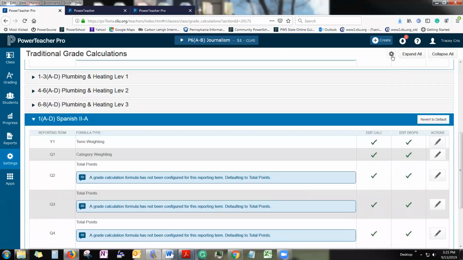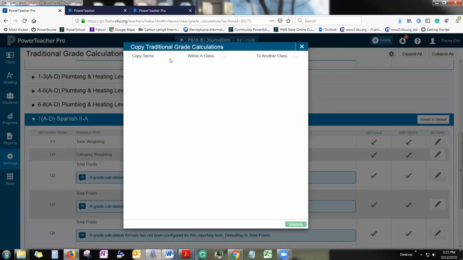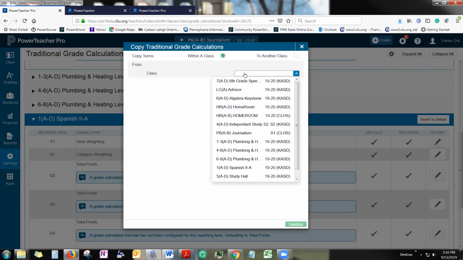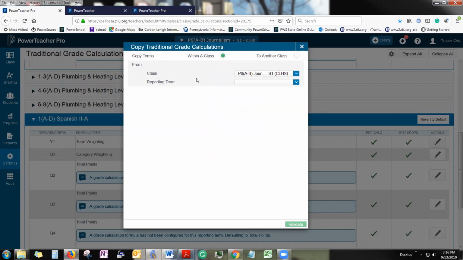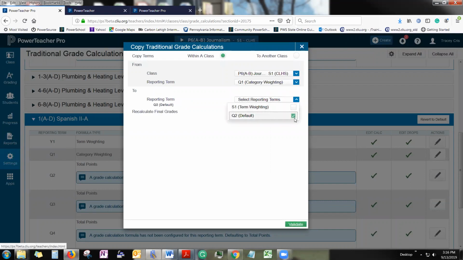And then what you can do is you can click the gear shift and copy, and it'll ask you within a class or to another class. And I always recommend you do at least one class first. Make sure it's how you want it for one class before you change it up for another class. So I'm in journalism, and I'm going to stay in journalism. And it's going to ask me what reporting term. It's going to be quarter 1. I'm copying from, and I want to copy to quarter 2,